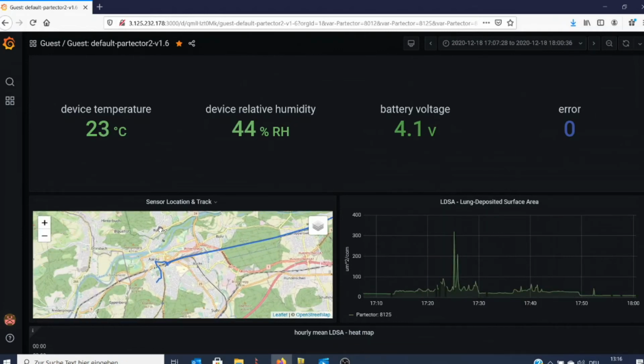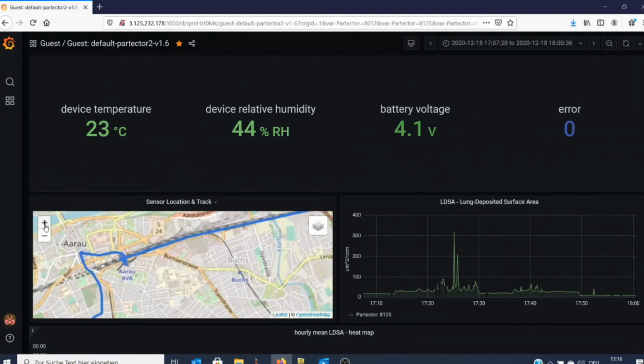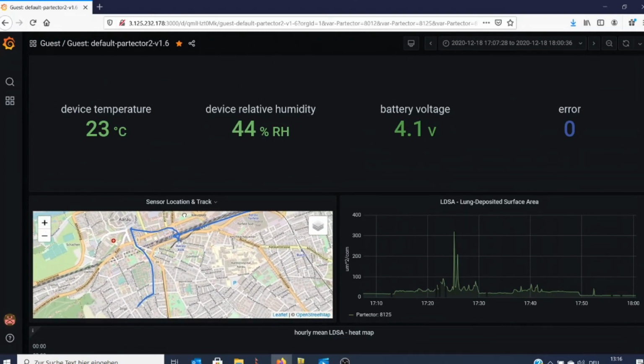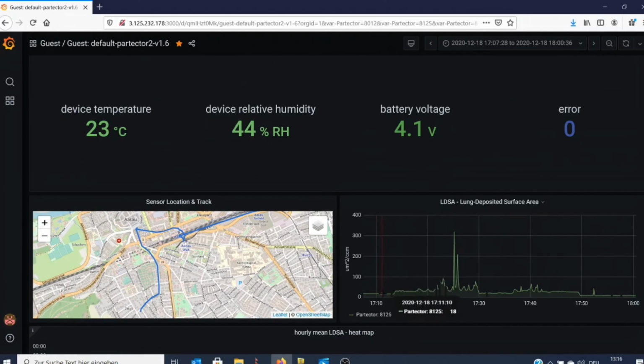If we zoom in on the map here a bit, we see that we are arriving at the train station and are faced with concentration peaks caused by smokers standing around the train station smoking. Then we leave the train station and walk along a busy street in the city center, where we once more